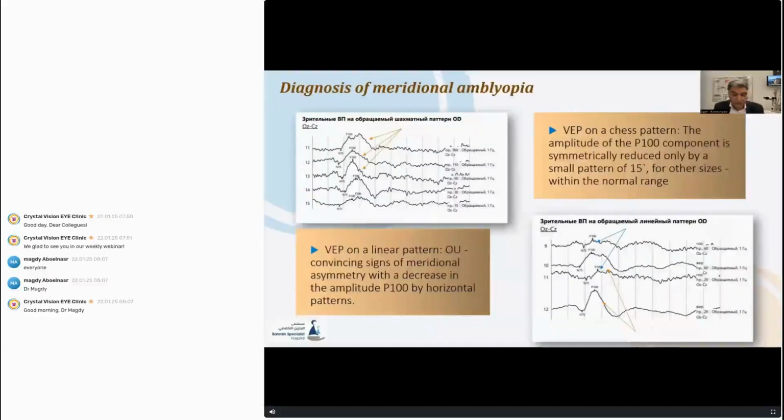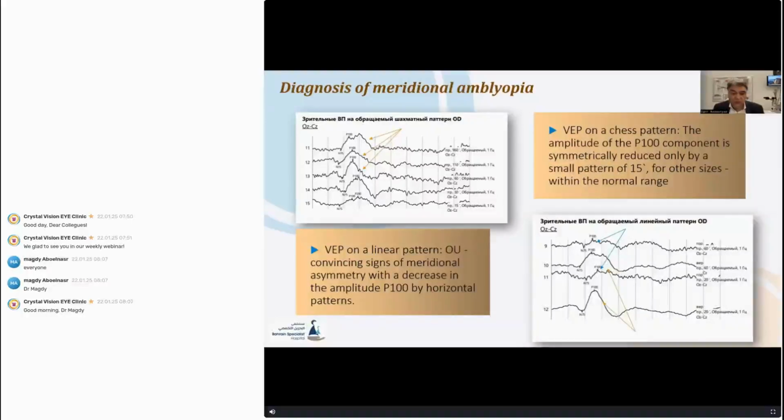Here, I want to show the method I proposed for studying visual acuity using a linear pattern with various orientations and angular sizes, which allows for the detection of meridional amblyopia and differentiating it from organic neurological pathology. In patients with astigmatism, it's important to note this and assess its degree. This is meridional amblyopia. To develop a pathogenetically justified treatment strategy,